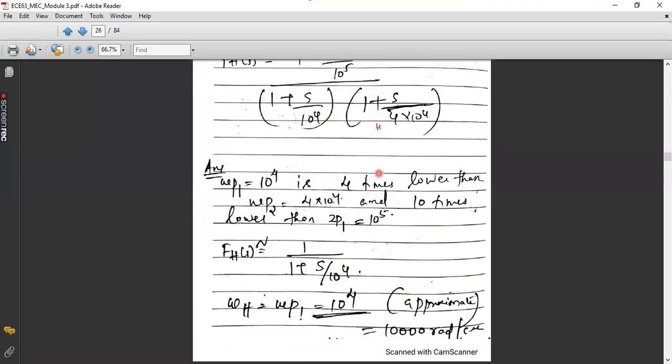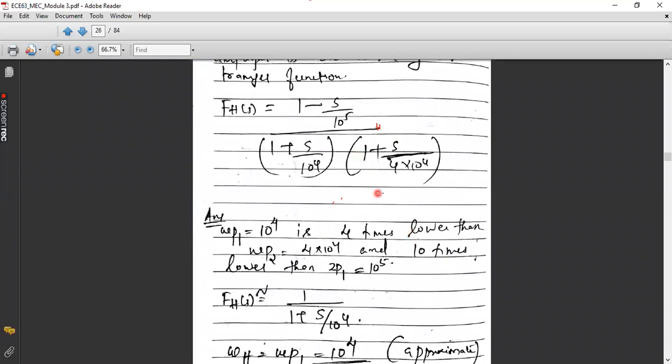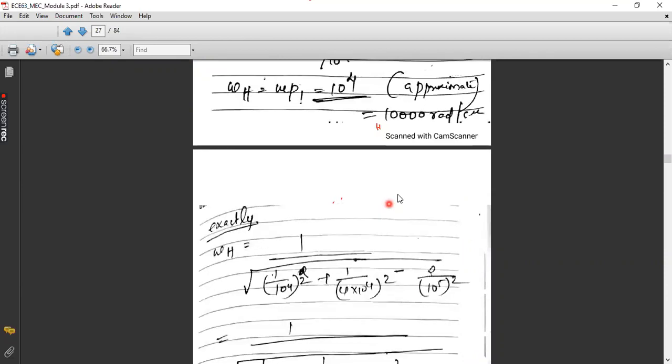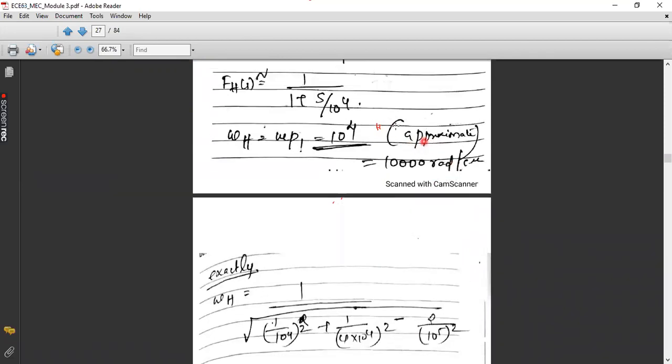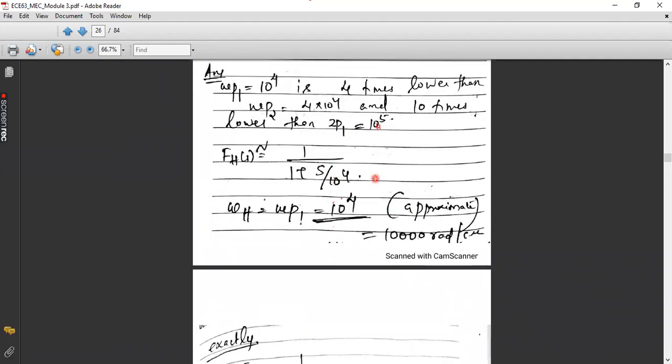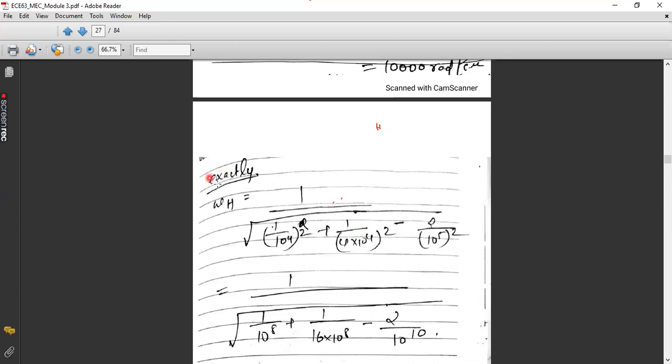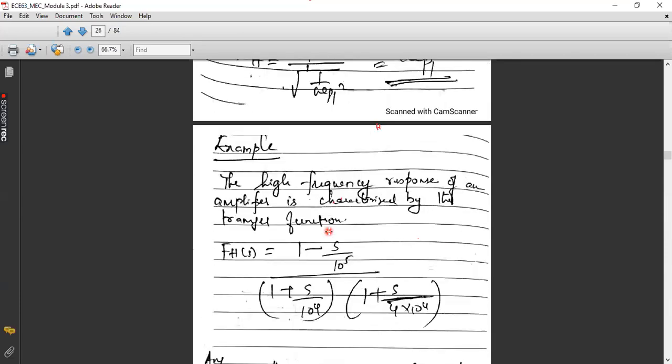Now, so this is your approximate analysis. Now, let us do the same problem with the exact value, and we will compare the actual and approximated value. Approximate means we have done with the dominant pole. I have approximated my high frequency gain function since the dominant pole was existing. So let us find whether this is the actual cutoff frequency if we incorporate the effect of Z1 and P2, the existing zero and the second pole. Then in order to find the exact value of omega h, I have to take my general equation of derivation, whatever we have done just before.